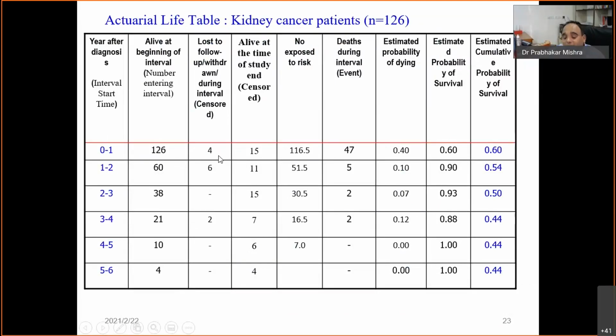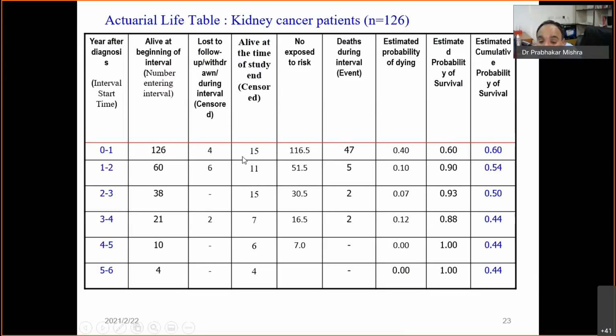When a patient dies during the study period, we know that the patient died within that 1 year, but we are unable to know whether the patient died in the first month, second month, third month or the last month. So it is assumed that at the median time, 50% of patients died on or before the median time and 50% died on or after it. So the 19 patients here are actually censored.